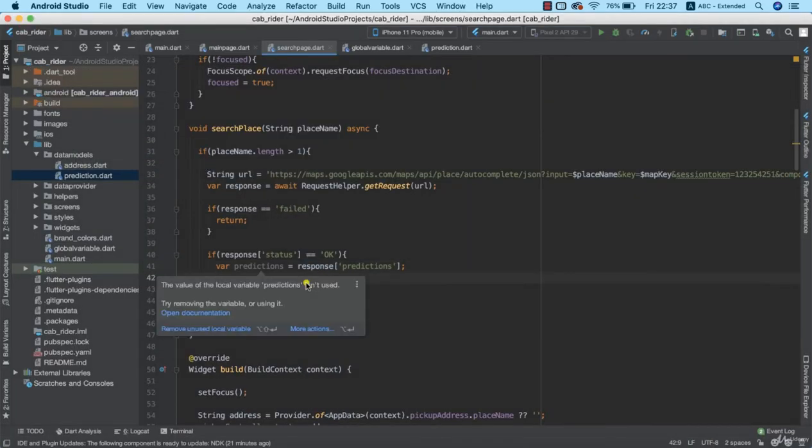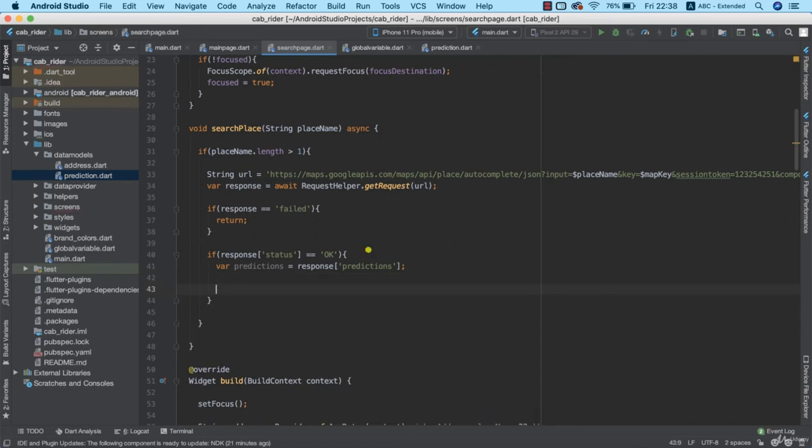The next thing we are going to do is convert these predictions into a list, and the list is going to be of type of the Prediction class that we just created. So let's write this in code. I'm going to say var list, and this is going to be equal to